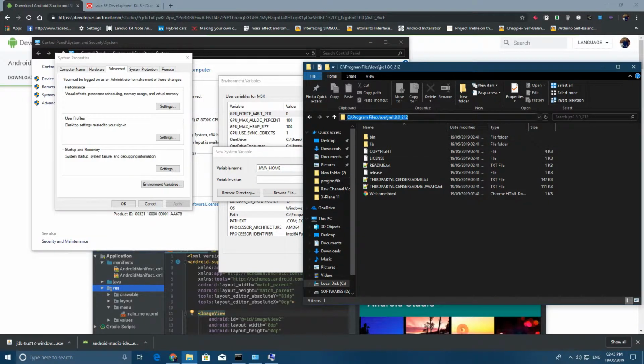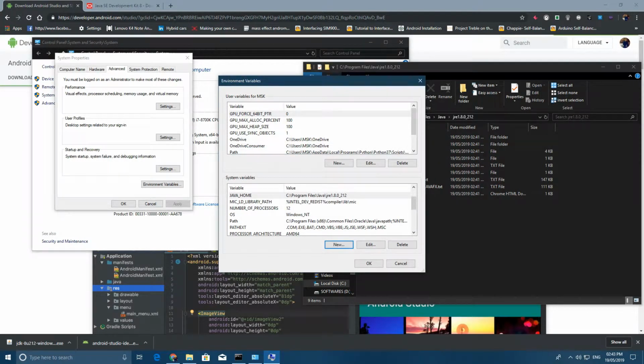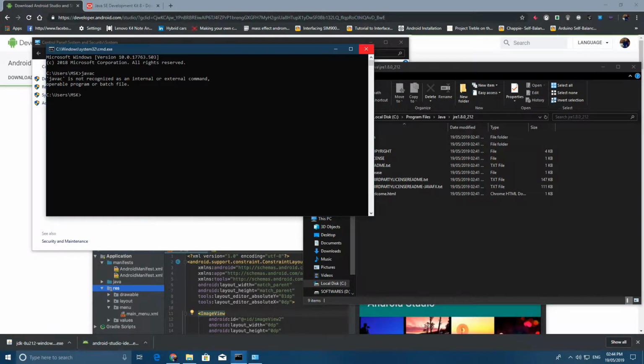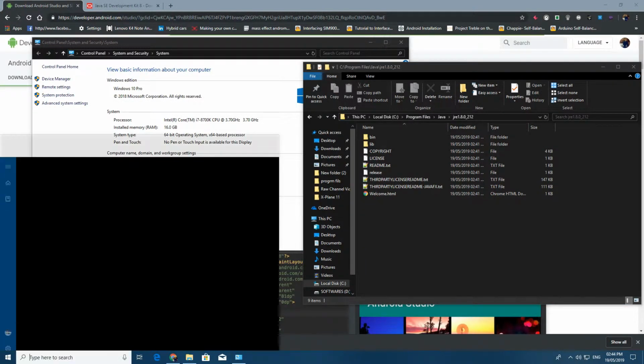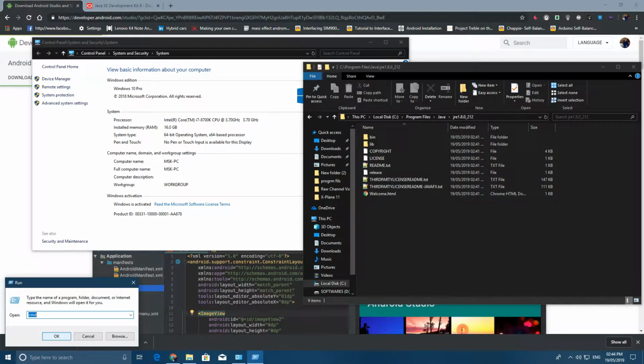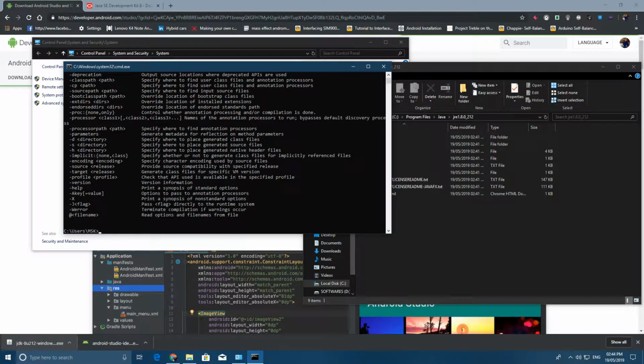Just open it and copy this path and paste it. Okay. So now reopen the command shell, just by typing run, command prompt, cmd, and type